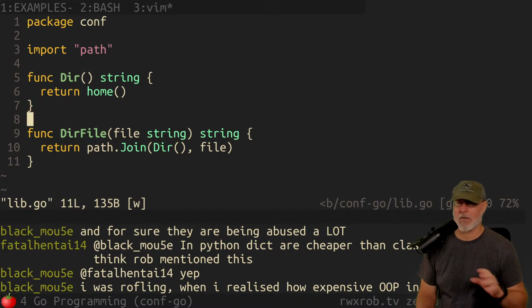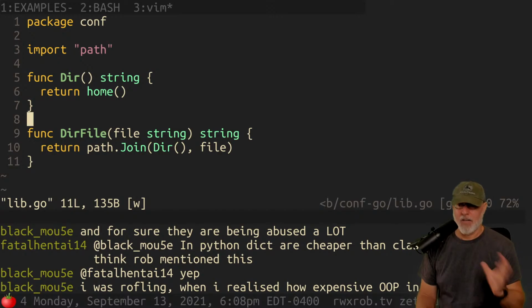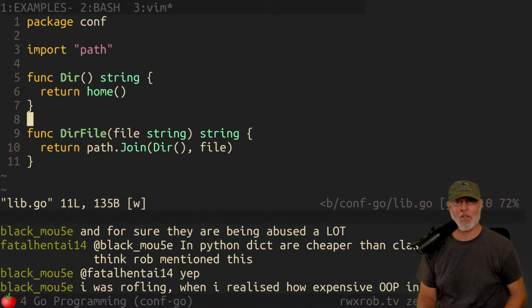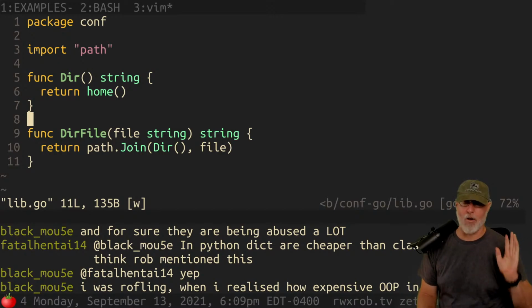You never want to overexpose things in your API that are not necessary for the end user. When in doubt, make it private, because you have to permanently support that publicly exposed API function forever. And the pain in the ass it is to deprecate something, just don't do it.